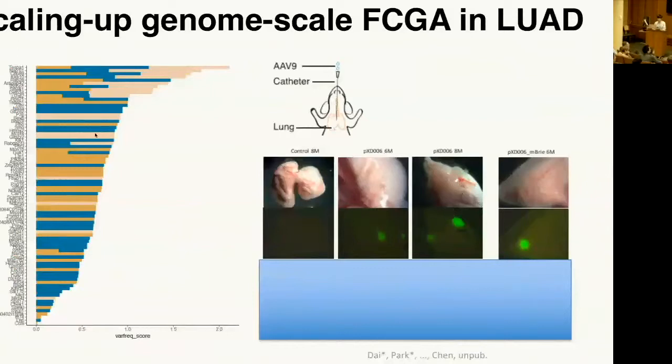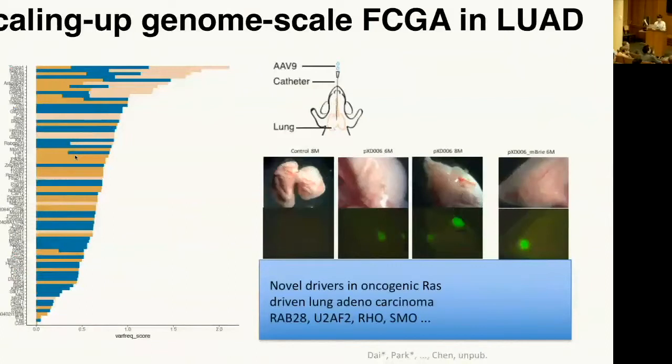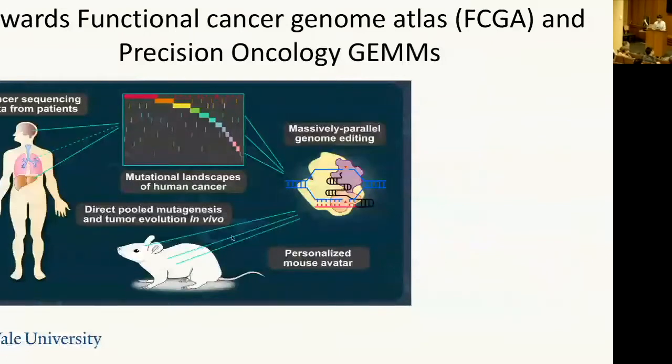And we likewise sequenced those lungs to see what mutations are there. And again, we found RAP20A, U2AF, RO, and SMUFN, and those mutations are actually secondary modifiers of KRAS in driving lung cancer oncogenesis. So with that, we'd like to quickly wrap up the story for the functional genome atlas mapping for precision oncology